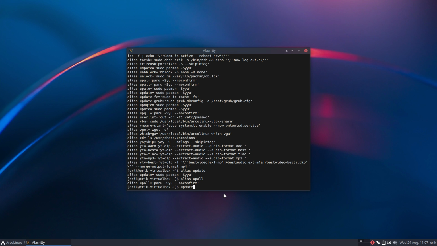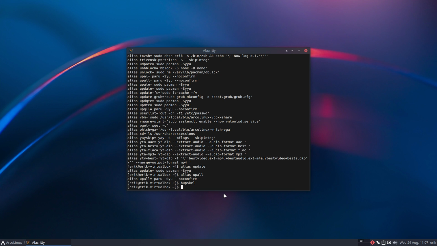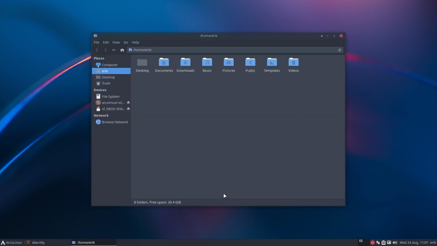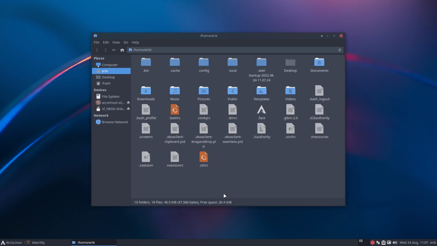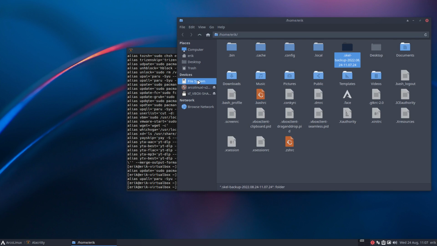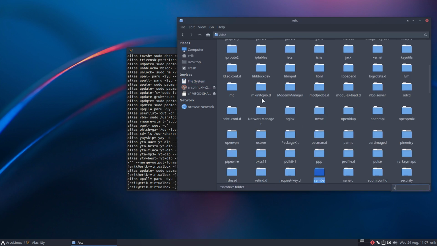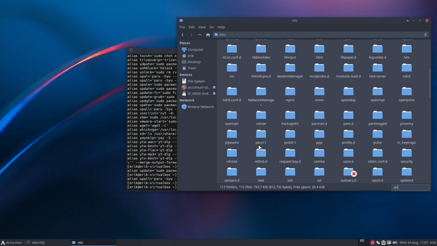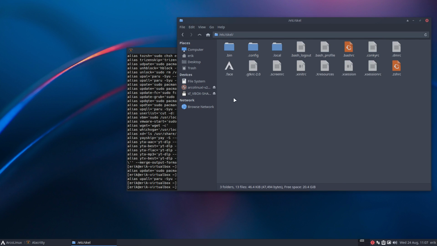So, updating. Now, if you want to learn, and this is a distro to learn, you might be interested in a backup of /etc/skel. Now, what happened to your system? Nothing, it seems. Control H, you've just made a backup of /etc/skel. What is /etc/skel? That's where all the configurations are. And if you're interested in tiling window managers, that's where they are, right? /etc/skel. This is where everything is